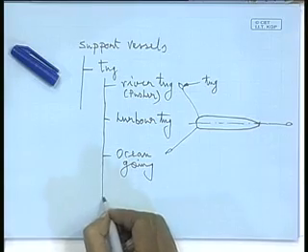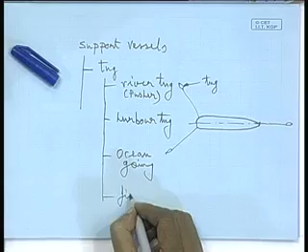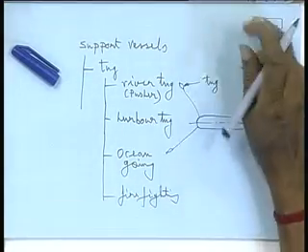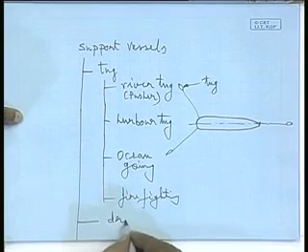And then you have the firefighting tug. By firefighting tug I mean all the above 3 tugs can be a firefighting tug, right? That means tugs along with having the facilities of firefighting. If there is a fire in a vessel, the tug will go and douse the fire, right? So that is one of the support vessels. The other support vessels are, there is something called a dredger,